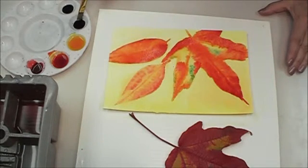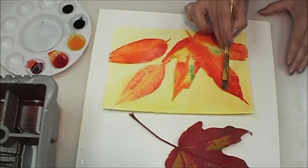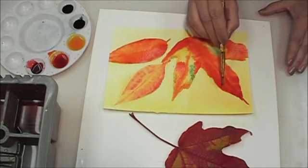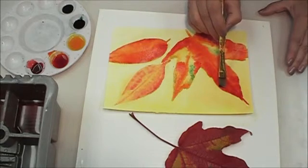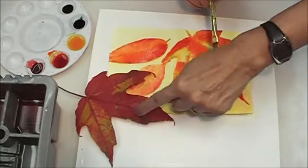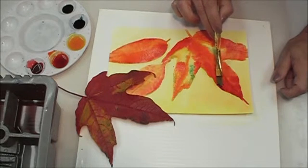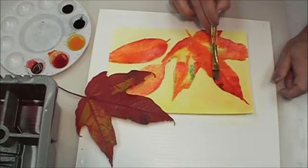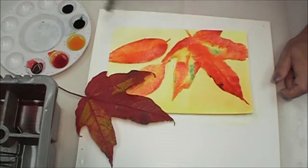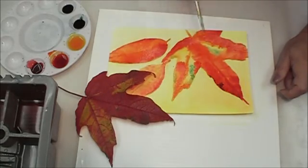So I'm picking up a tiny bit of green now. I'm going to go into this area where the red is, and I'm going to drop in a touch of color. A touch of green to give the idea of a brown. I want it to mix on its own. I want these kind of broken, I don't know if you can see it, sorry, these kind of rough areas here, and I want it to be done naturally, and that's what happens if you drop a complementary color. So red and green are opposite each other on the color wheel. They are complementary colors, and you're going to get that nice dark brown that I'm looking for. Add a touch up there. And I'm going to